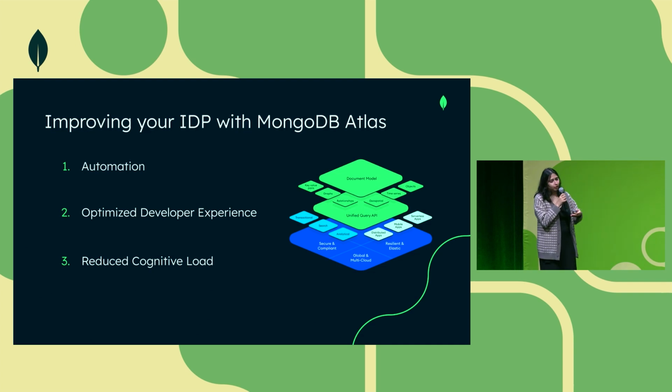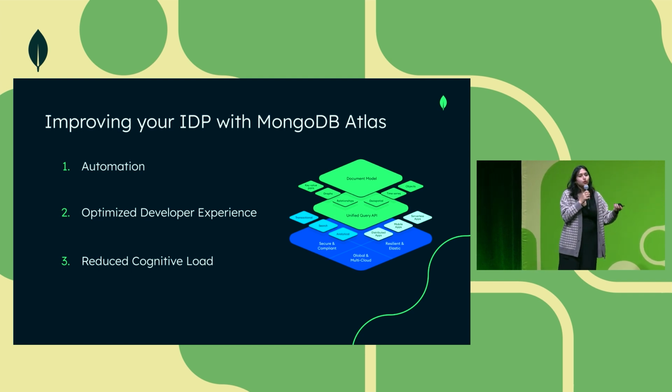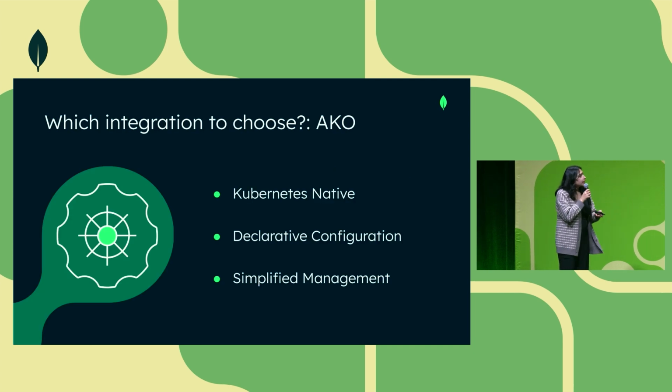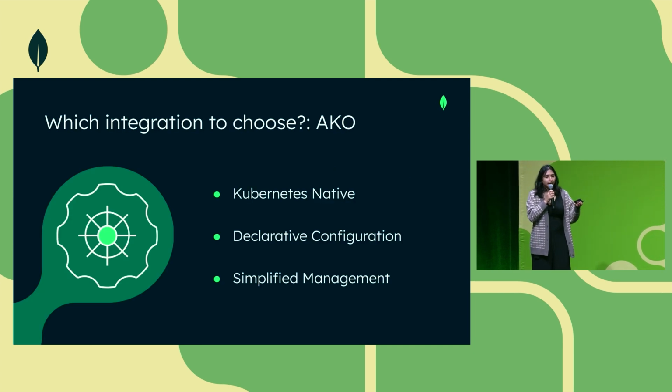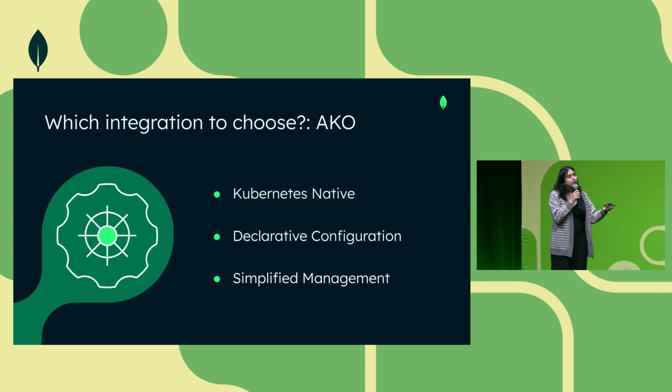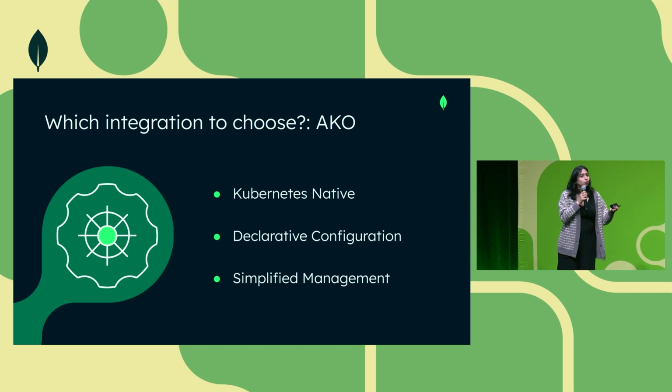So in thinking about which integration that these two gentlemen talked about today, when you want to use it to connect Atlas into your IDP, you've got plenty of choices with great benefits. Let's say you are more bought into a Kubernetes story. As Dan went over in his demo, the Atlas Kubernetes Operator is a great option for your team. It allows you to manage MongoDB Atlas in Kubernetes, again, the same way that you would any other integration or application within Kubernetes. It's Kubernetes native, so you're able to reuse all of the same tooling and processes that you would, such as a kubectl command.